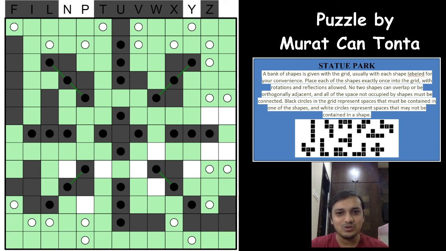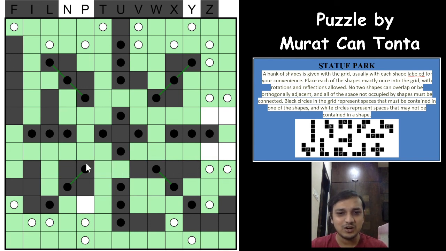And now it's just about placing the Y, N and P pentominos, and Y has only one way to go. We know that this is the N and one of these two will be the P and the Y, and Y needs to have 4 cells in a straight line, right? One of the places where Y will have 4 cells in a straight line will have to be black circles, and it cannot be this, which means it has to be this. We have done the Y and this has to be the P.